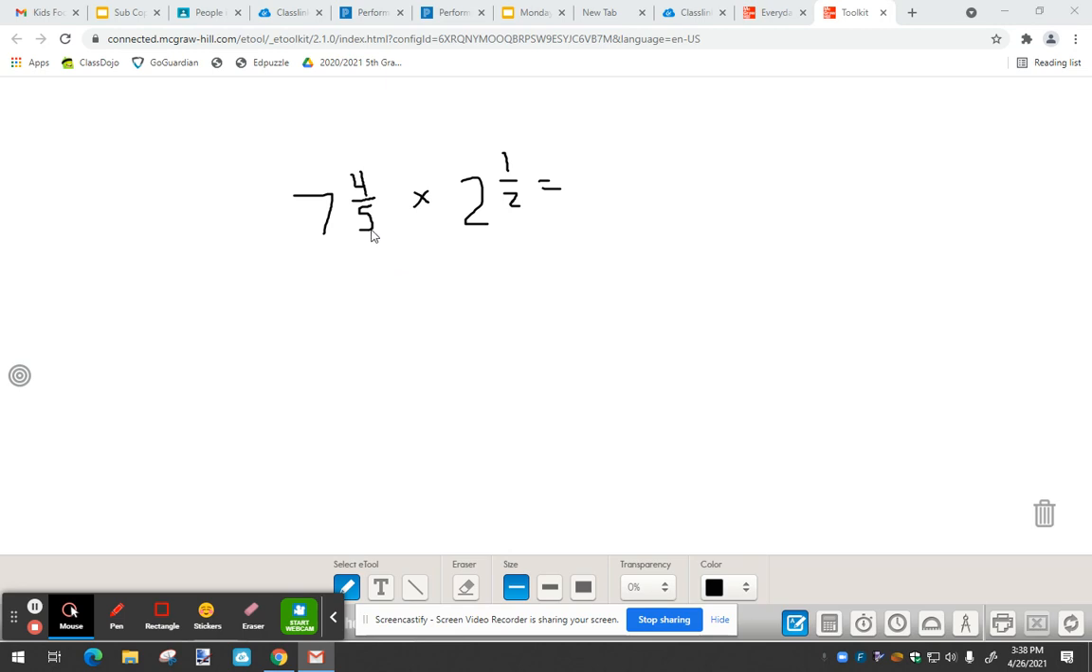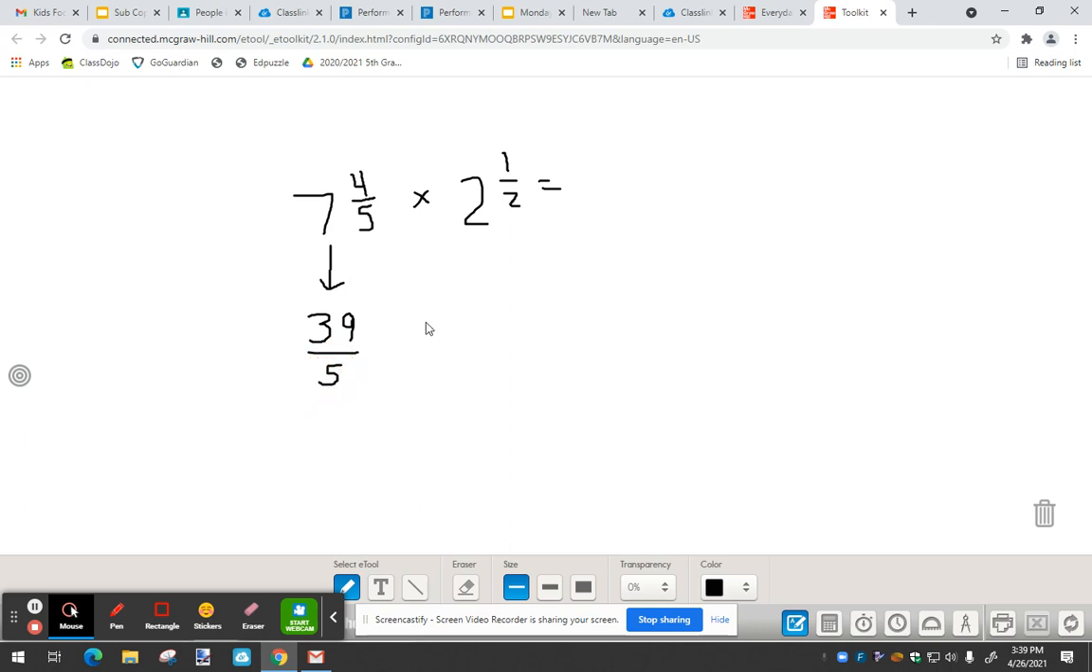So when I start turning this fraction into an improper fraction, I know that I have 7 wholes, but I want to work with a denominator of 5. 1 whole would be 5/5. I have 7 of those. So that would be 7 times 5 would be 35/5 plus the 4/5 I have here. So this would become 39/5